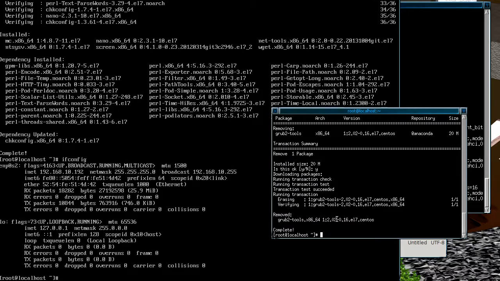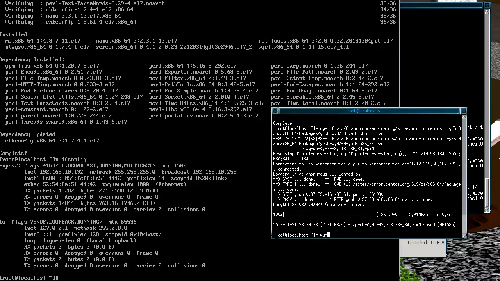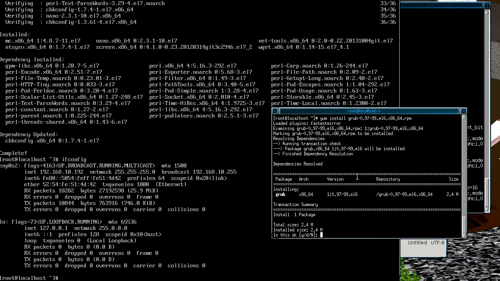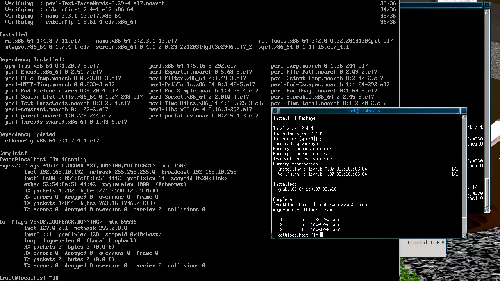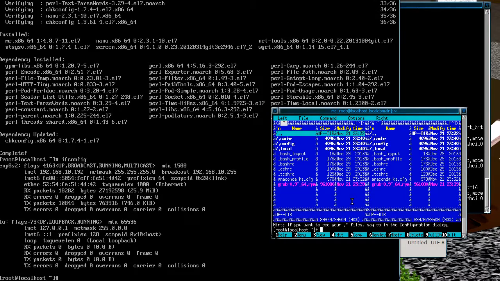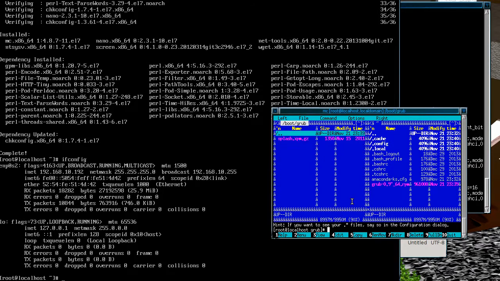and basically they don't have the old Grub for CentOS 7, so we just have to install an RPM. Okay, so that's installed, and so now basically if we check the partitions, you can see we just got the SDA1, and if we go into the boot partition,